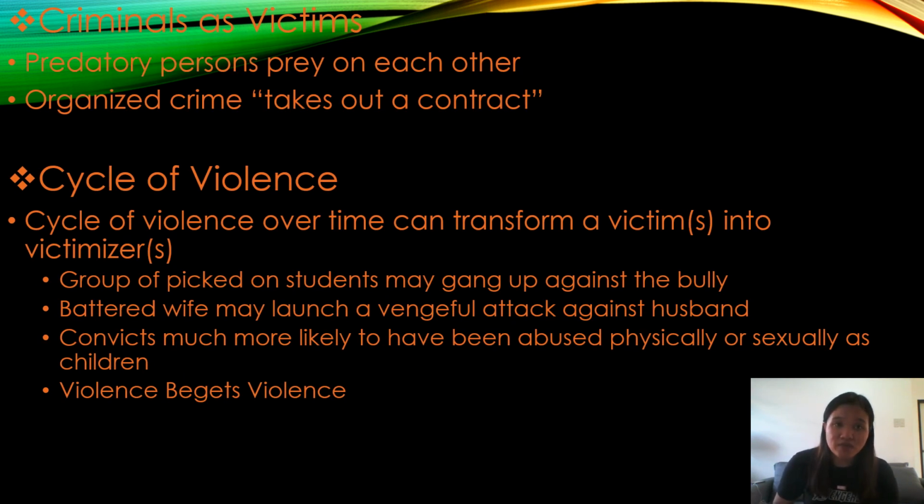Criminals as victims. Predatory persons prey on each other. Organized crime takes out a contract. Cycle of violence. Cycle of violence over time can transform a victim into a victimizer. Group of picked-on students may gang up against the bully. Battered wife may launch a vengeful attack against the husband. Convicts are much more likely to have been abused physically or sexually as children. And violence begets violence. Siyempre, kapag sinasaktan mo yung asawa mo or sinasaktan ni husband yung wife niya, okay,